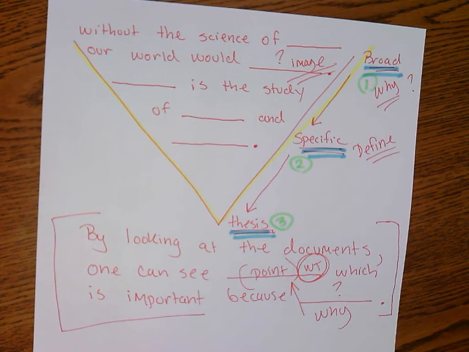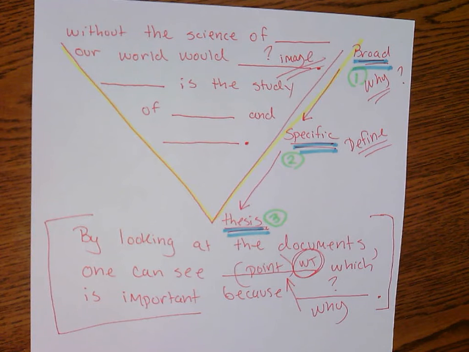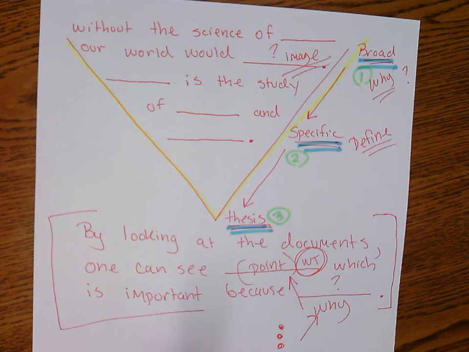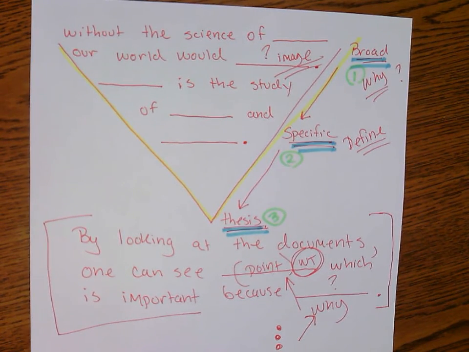And sometimes if you do the 3-pronged thesis statement, you can use your 3 bullet points, right, to add some depth to this part. So you might say something like, by looking at the documents, one can see how photosynthesis interacts with cellular respiration, which is important because they support local food webs, because they support the carbon cycle. So something like that. So you've got options, but this is a quick and easy way to write an introduction